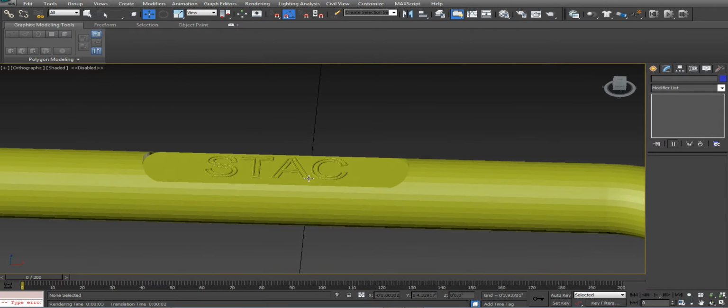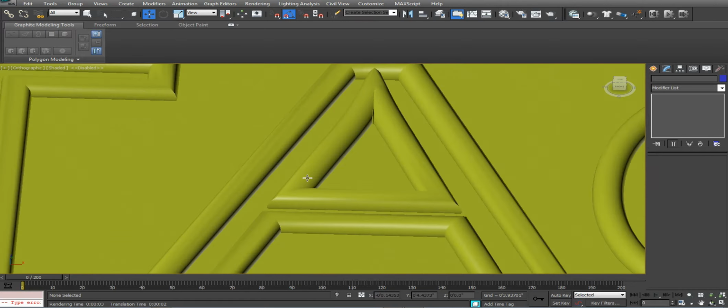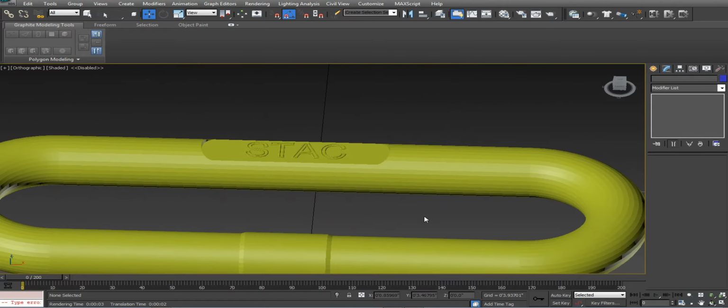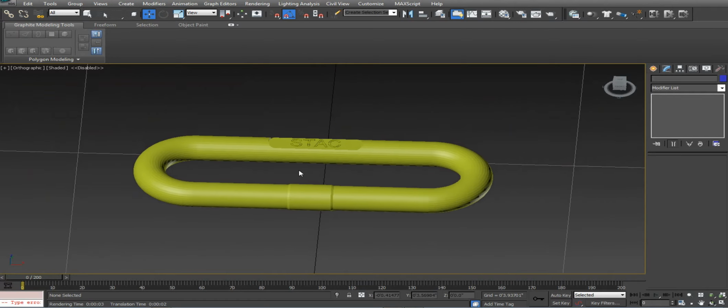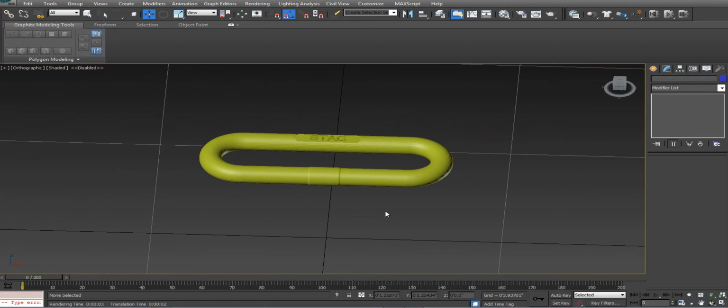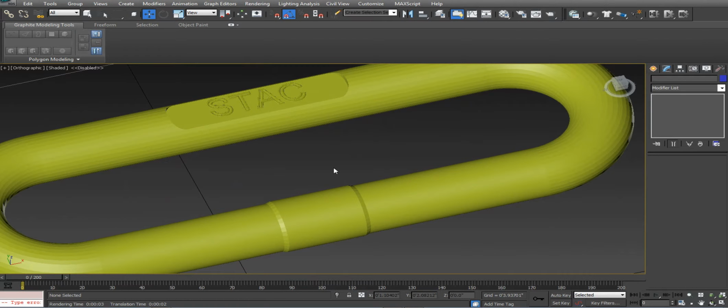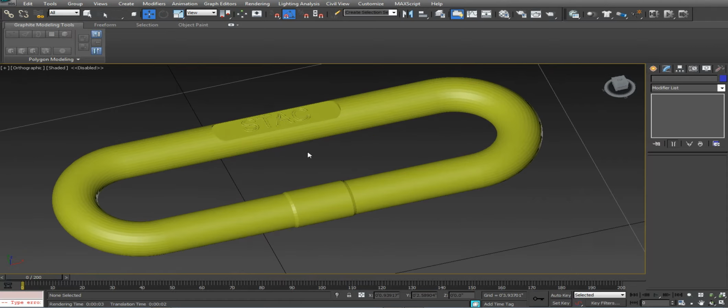If you followed the first one, you might have modeled this chain. If you haven't, you don't really need to follow this tutorial. You can use any model you want to simulate in MassFX. This tutorial specifically targets concave shapes such as this one, or donuts, if you're interested. But anyways, let's start off